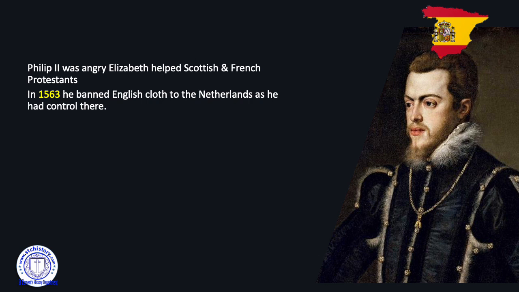So that's one thing that we've been talking quite a lot about in these lessons, especially thinking about how 90% of England's export is wool and goes through Antwerp. The one thing she was trying to avoid at all costs was to lose the trading port of Antwerp. So here we are in 1563, Elizabeth's worst nightmare has come true. Philip has blocked the sale of English cloth. And that is going to add to England's woes, particularly the economy that's already struggling.